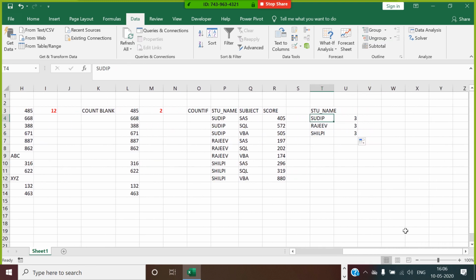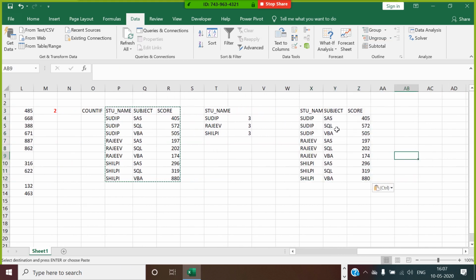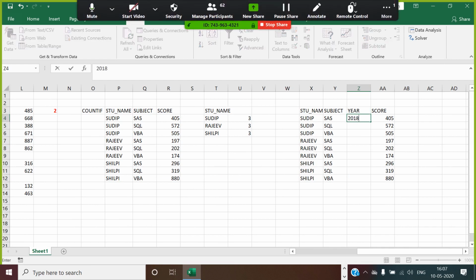Now, let's say I want to go for looking at count if. In this, I added a new field called year, which is given as 2018.